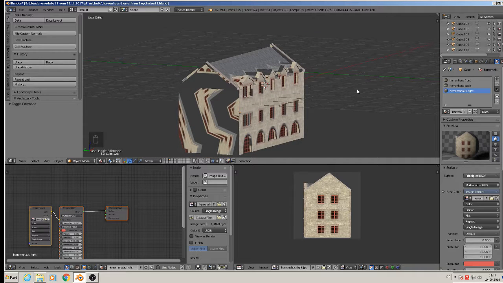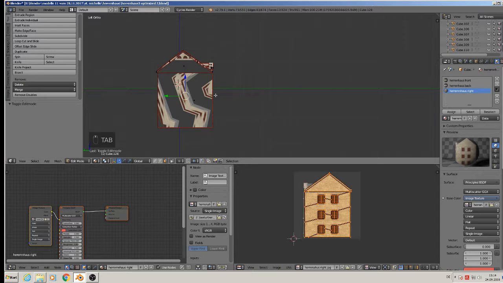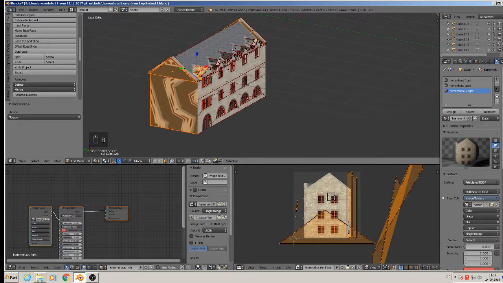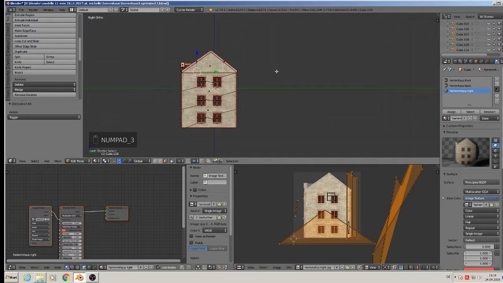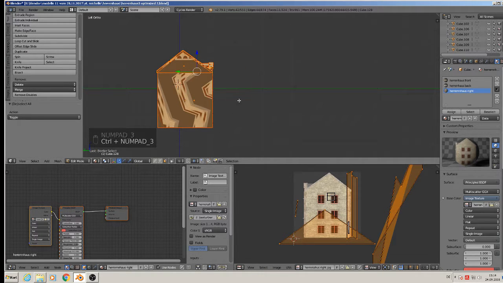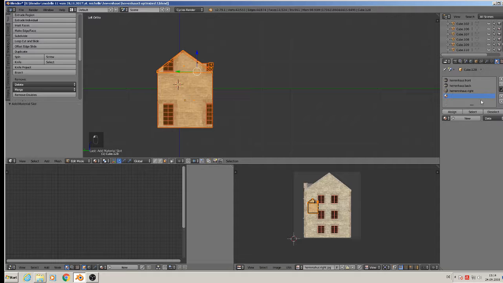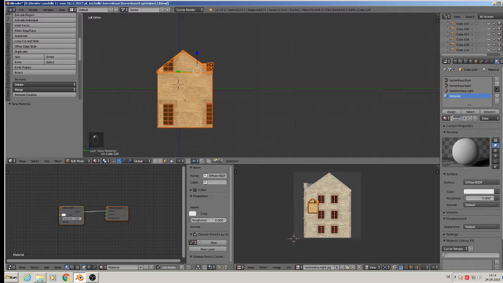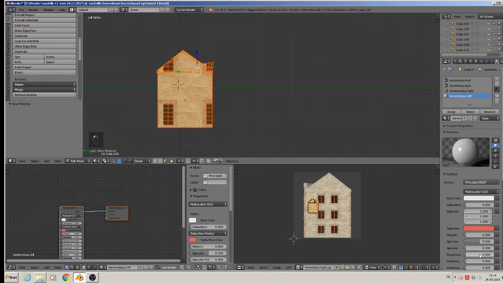We go to the left side, which is Ctrl and numpad 1. That is then the left side. A to deselect all, B border selection, get this whole left side, and U to unwrap from view. Then we make a new material, plus, click new, call it herrenhaus left, and take your principled shader again, with the high roughness there,